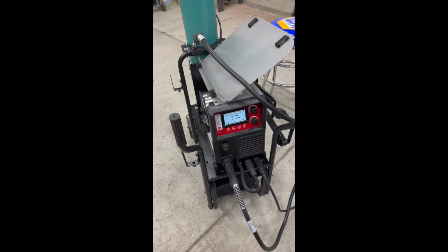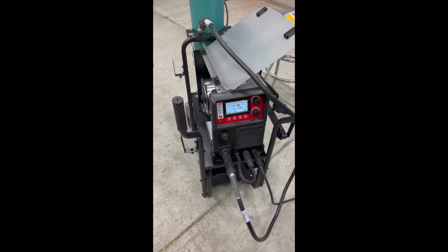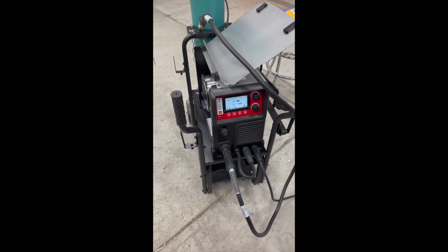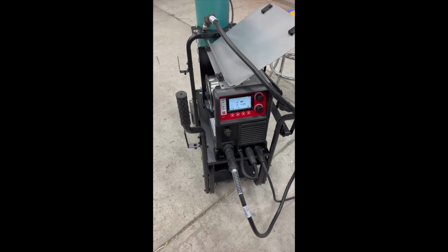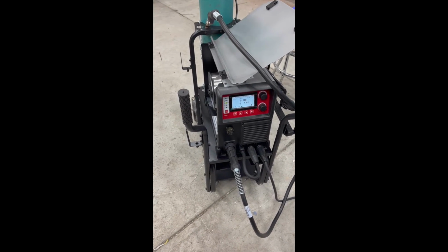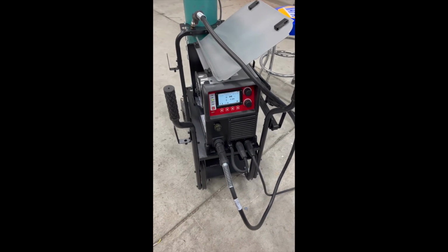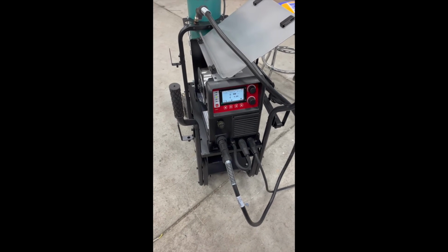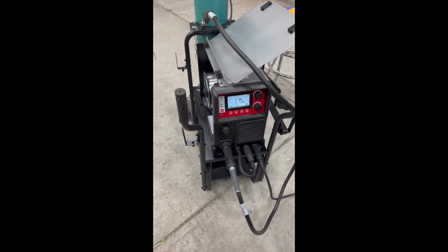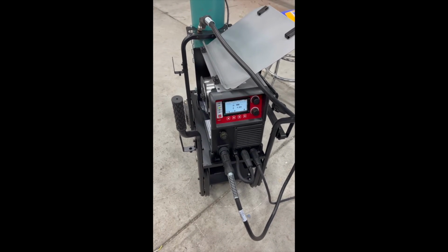So my plan is to finish this project, and then I've got some downtime over the rest of the winter. Not really downtime, but I've got some time when I don't have a lot of aluminum projects to do. I can sit here and play with pulse. Honestly, he took me into the double pulse settings, and I did pretty well with that. And I did good with this regular synergic non-pulse setting, but something about the pulse setting, I just... And he was honest with me. He said, to be completely honest, I'm not 100%...